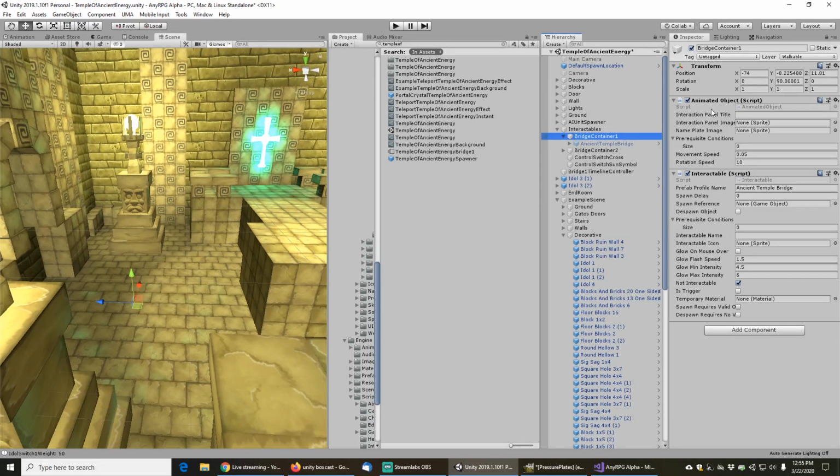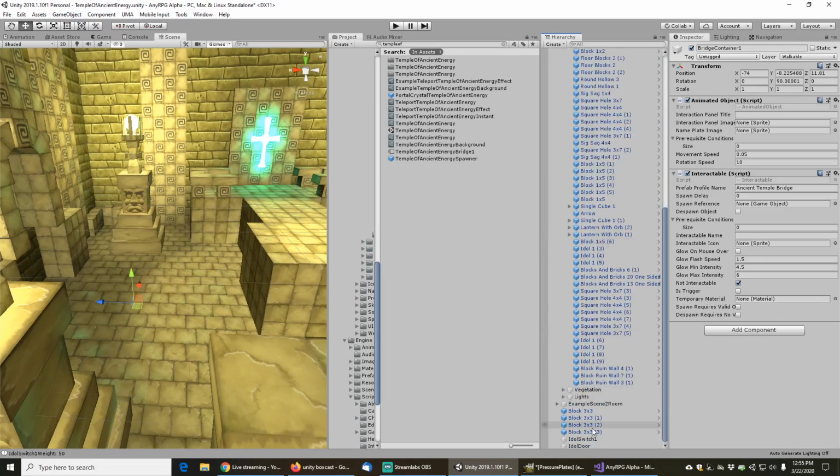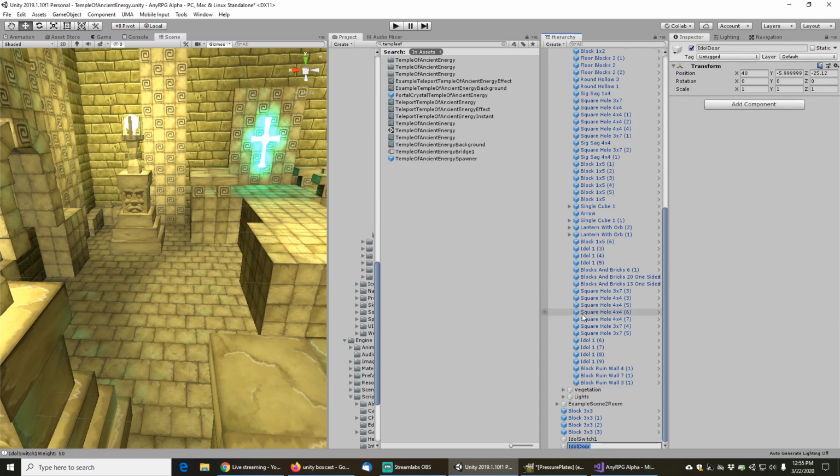And you can see basically the bridge container has a prefab profile, the ancient temple bridge, and it's going to move that thing between upwards and downwards states. So what we want to do basically is put an animated object and an interactable onto the idle door. I'm going to call this idle door bottom,